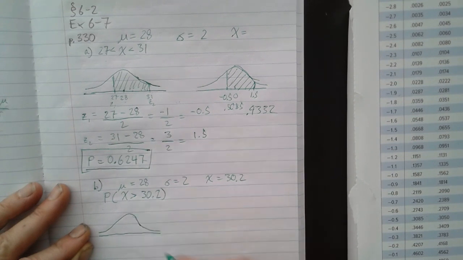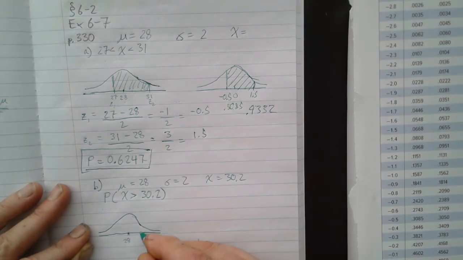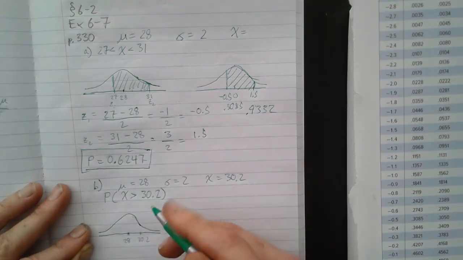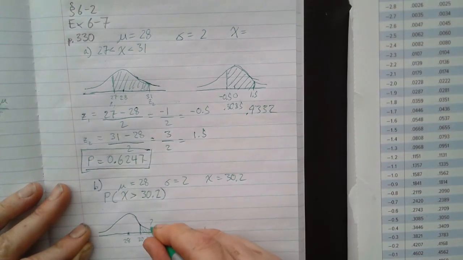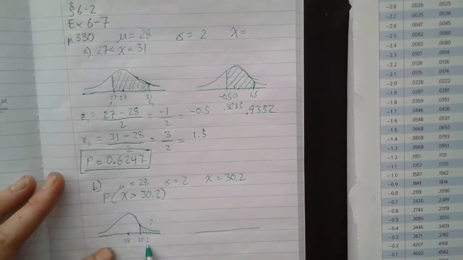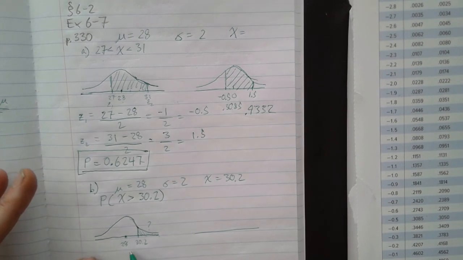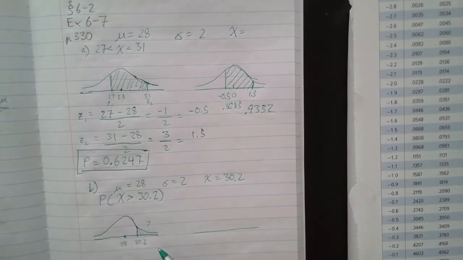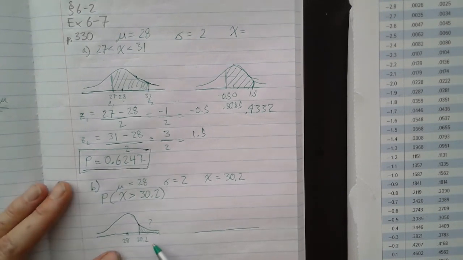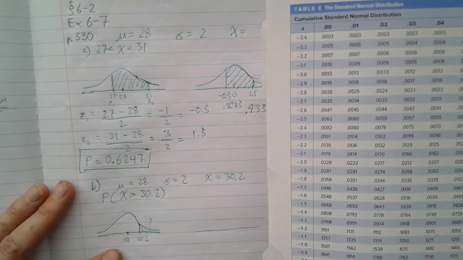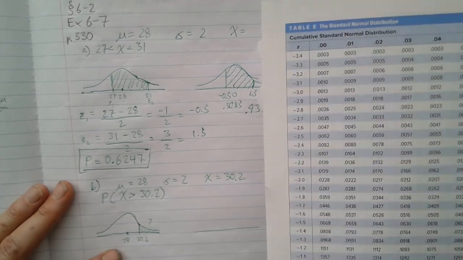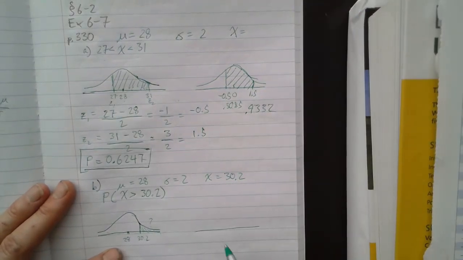Okay, so there's 28, there's 30.2, and notice this is a greater than, so this is a right area. Okay, so that is what we were trying to find. And when it comes to actually using the table, we don't have a table for this distribution. We don't know this particular distribution. This is just based off of data, we'd have to regenerate our entire distribution function, and the math would go haywire. So we already have well established a table of all of the values for the standard normal distribution, standard, right? So when we convert it,